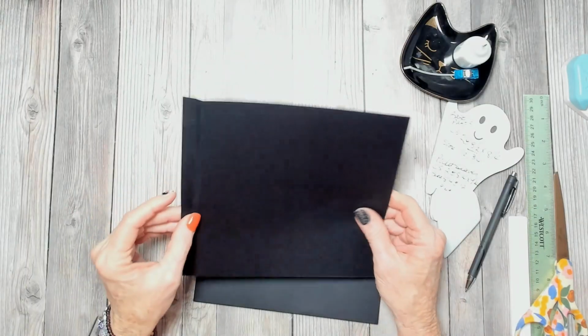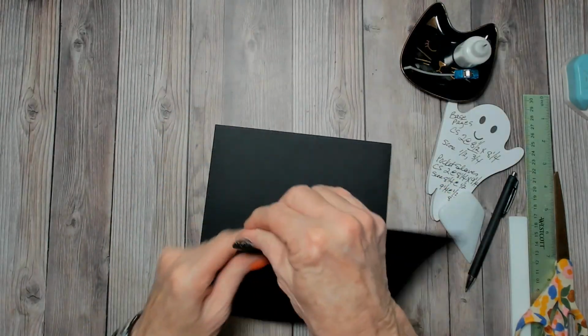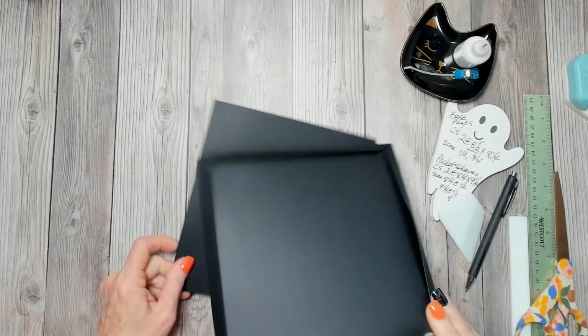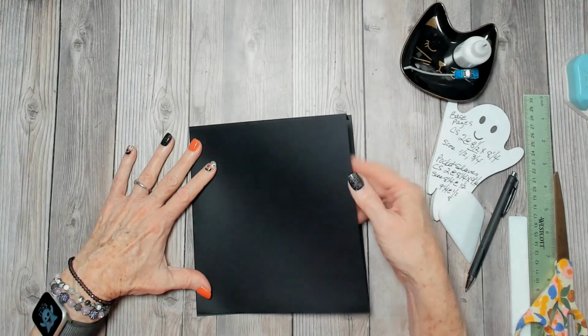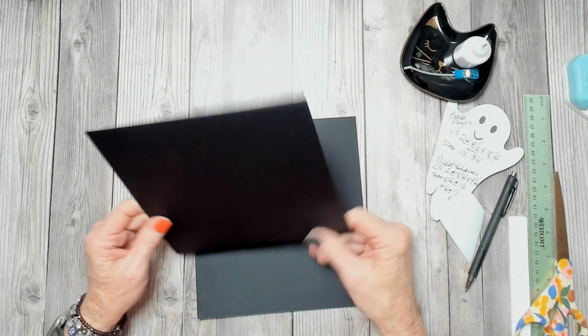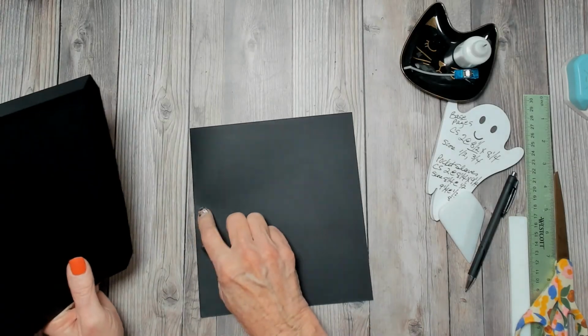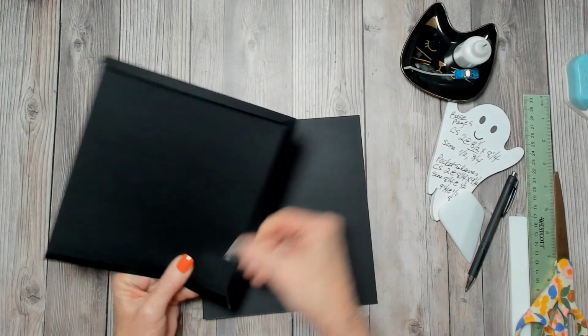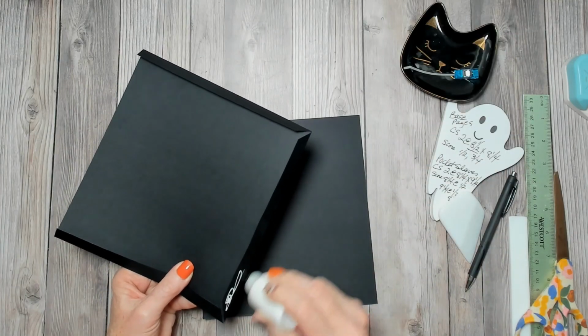Grab your base page. So we have the 1/2 inch, the 1/4 inch, we fold it under. And this is where this is going to glue down. I'm just checking to make sure it fits. I'm going to open on the side, okay? I'm just going to put down the back one towards the hinge side first. So with it folded down like this, take your glue on your 1/2 inch